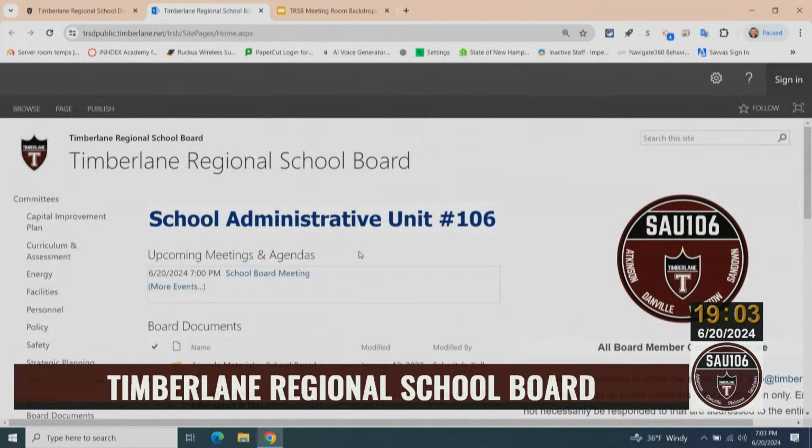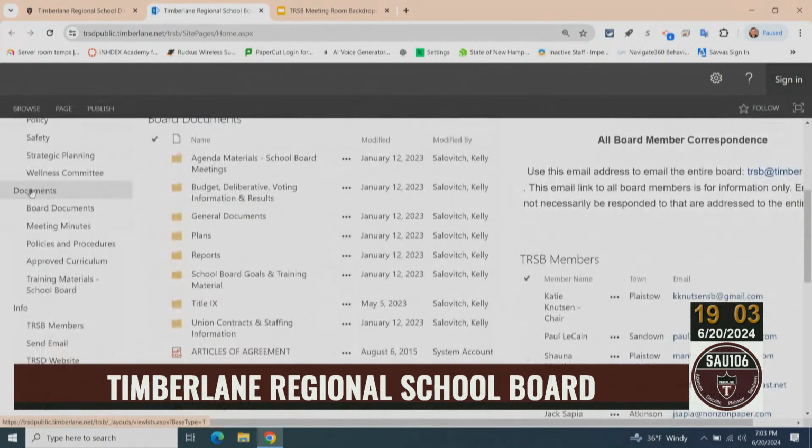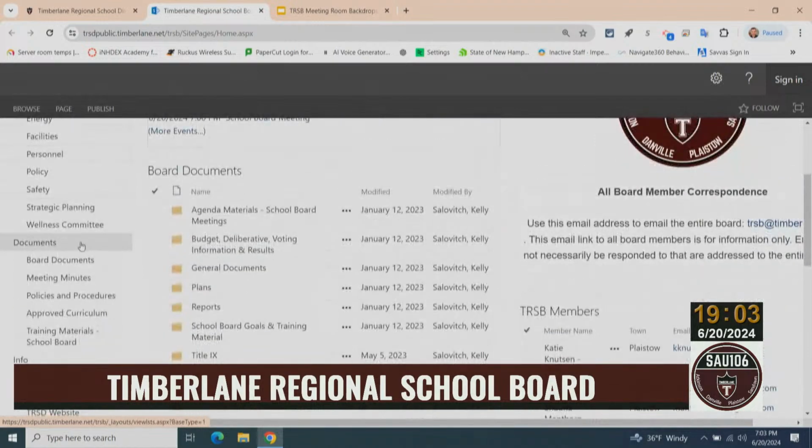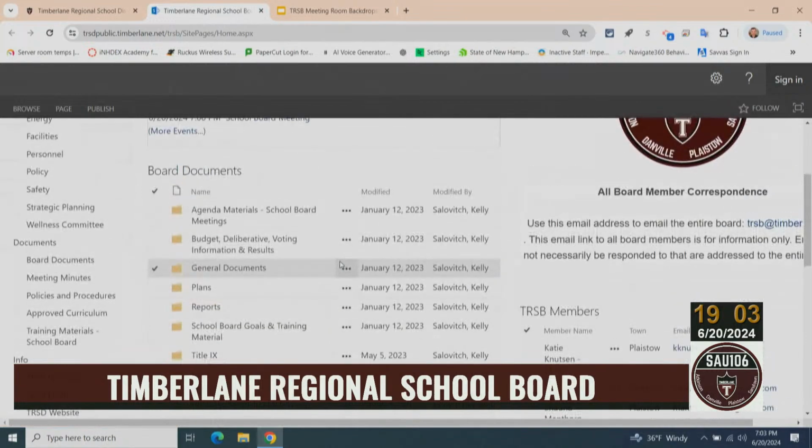Going back over to the left-hand side of the page, I'm going to come back to committees here on the left in a second, but I want to focus on documents. And board documents is the default view you see in the middle of the school board page here. And like Justin was alluding to, there's a lot of information here on this page, which is great. It's great to be transparent, get that information out there, but it also presents challenges in terms of being intuitive and user-friendly. So this summer, we're going to look into how we make that more intuitive, and how to get to this information a little bit easier maybe.